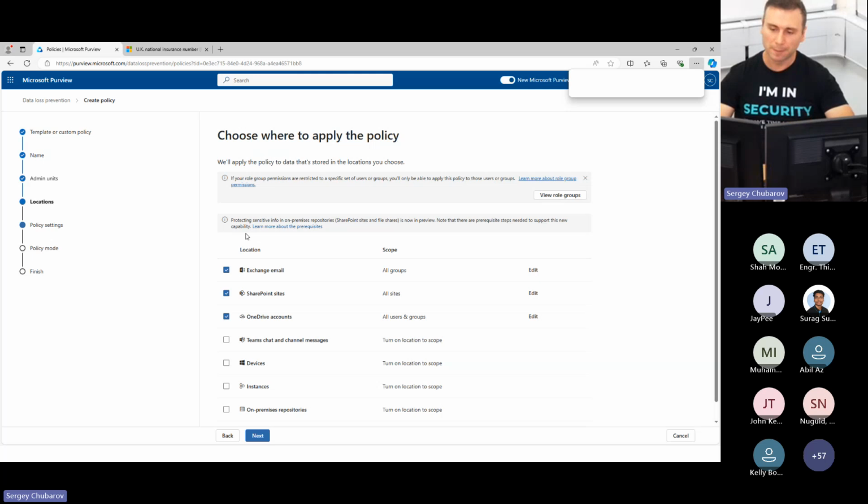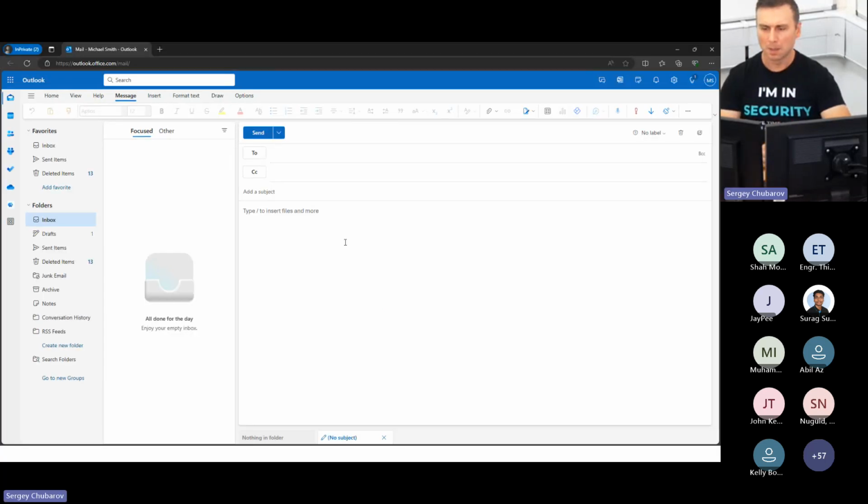So now let me show you the effect if I use those locations. I didn't show you the actual rule, how to create the rule, but at least let me show you the location, and then we'll jump to rules. So first, I'm going to open the mailbox of a user, and I'm going to send an email. Let's send an email to